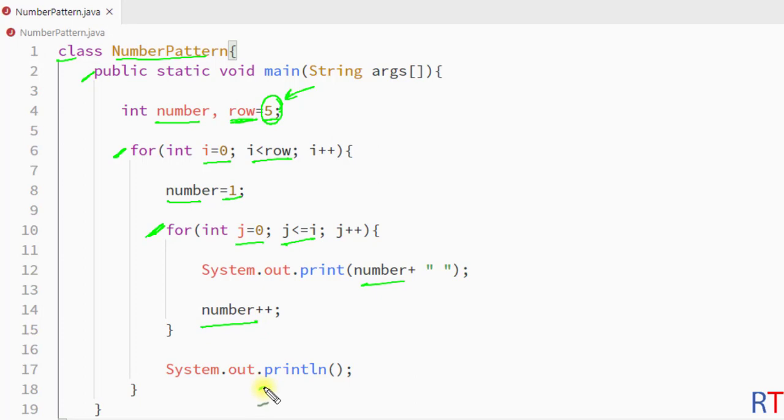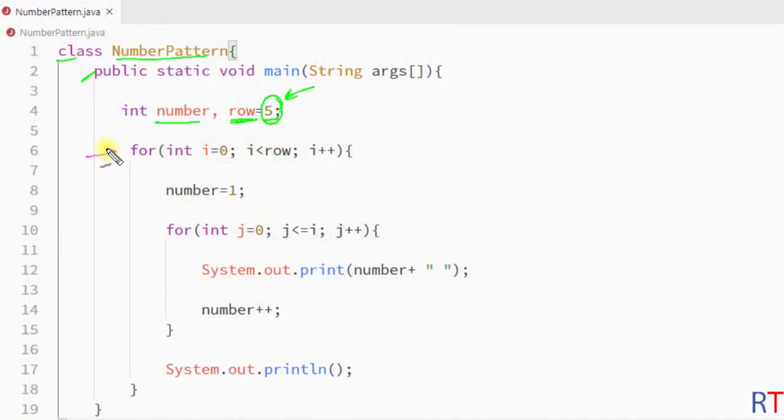And then we have the println method for the line break, and after that the control will go back to the beginning of the outer for loop, and this cycle will continue to happen unless the outer for loop condition becomes false. So at the start of the program execution the value of i will be 0, and then the number will be assigned the value 1, and then the inner for loop will run, and this will run one time. So this will print the value of number, which is 1, and then we have the println method for the line break,